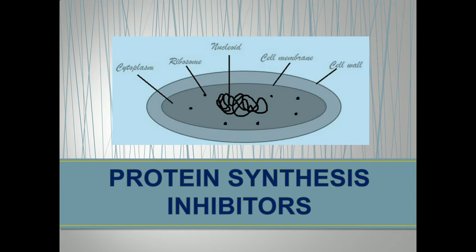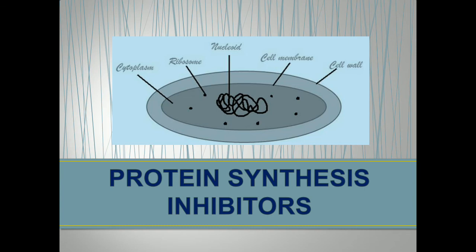The second important place in the cell which is targeted by the antibiotics is bacterial protein synthesis. Proteins are an essential biomolecule inside the cell, and every bacterium has to continuously synthesize proteins. It is not a one time affair. It needs to continuously synthesize proteins which are involved either as enzymes, or they may have some structural role in the cell, or some transportation role, some defense role. Some role or other will be there for the proteins, and the bacteria have to continuously synthesize them.